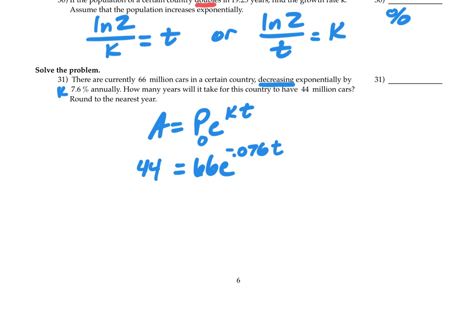And then you just want to figure out how many years will it take for 66 million cars to reach 44 million cars. How many years will it take for that to happen? So now you're going to solve it. Okay. Any questions so far? I'll let you guys